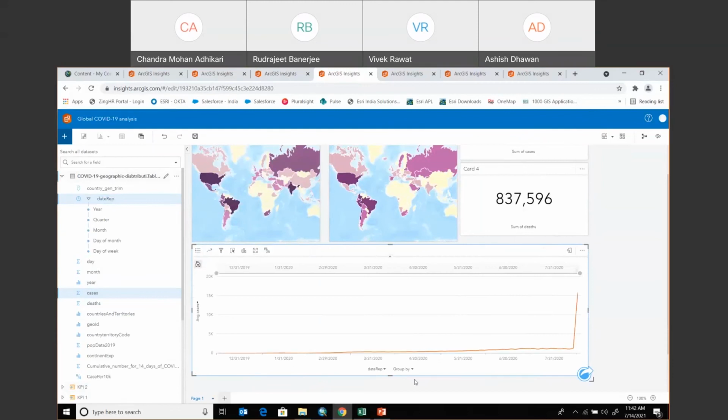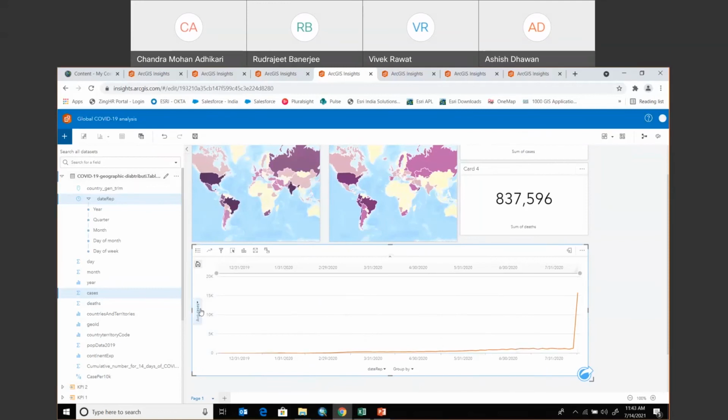This has generated a trend graph for me showing, over the course of time, how many cases have been received on different dates. ArcGIS Insights timelines are automatically created from the date and time data which we have. Additionally, the date time components are automatically calculated and added to the data on import.